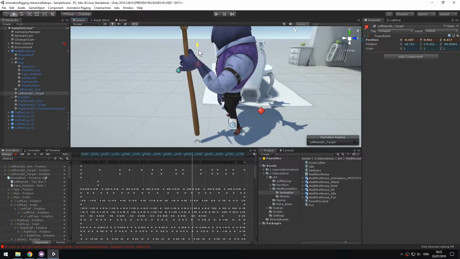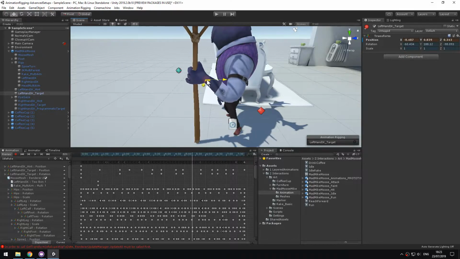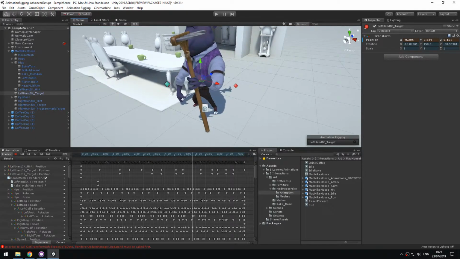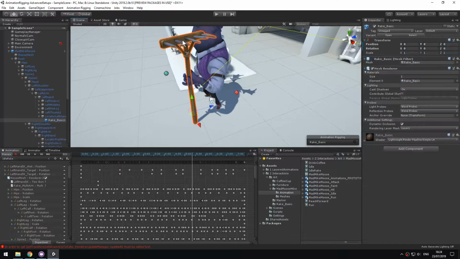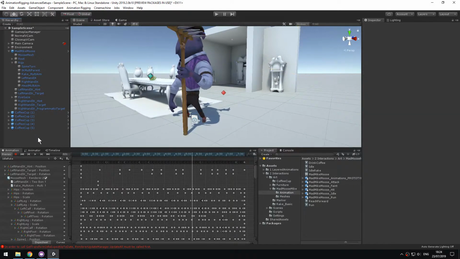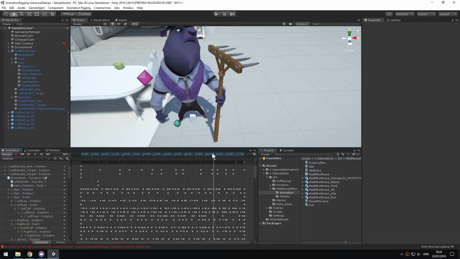Of course, if I move it up, it's going to detach, and if I move it too low, it's going to go through the floor. But if I move it in a certain circle, then it correctly points to the ground, which means that the rake is going to be pointing to that exact point on the ground, which is super cool. One thing to point out is that the rake's pivot is here. It's basically where the right hand grabs it. It's not on the ground. So this allows me to work with something that doesn't have a pivot in the right position in a clever way. I used it for this animation specifically to be able to create a different idle,